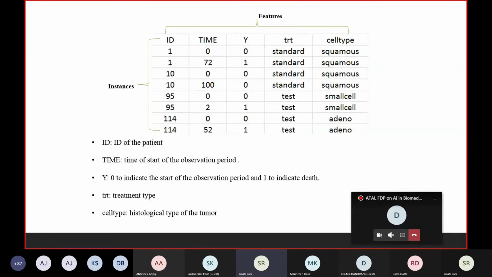The next is an example. What are the features and what are the instances that we use in feature selection? Generally, the columns of a table in which the data set is fed are called features, and the rows are called instances. The first row is the description of which column describes what feature.